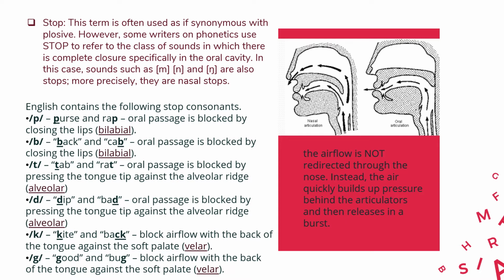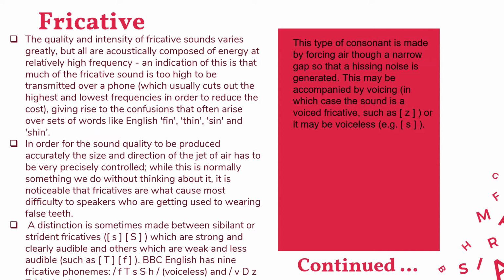Tap, rat. Oral passage is blocked by pressing the tongue tip against the alveolar ridge. Fricative. The quality and intensity of fricative sounds varies greatly, but all are acoustically composed of energy at relatively high frequency. An indication of this is that much of the fricative sound is too high to be transmitted over a phone, which usually cuts out the highest and lowest frequencies in order to reduce the cost,